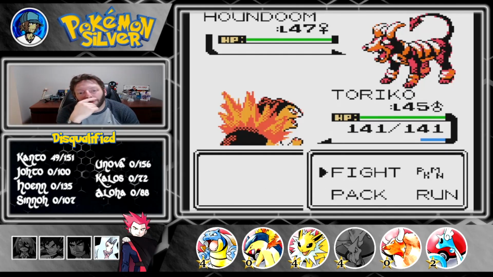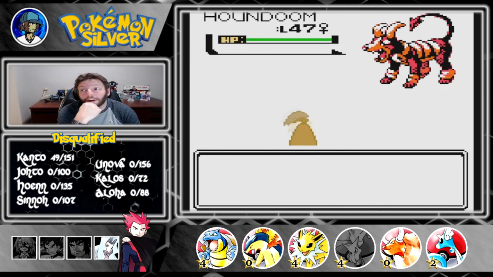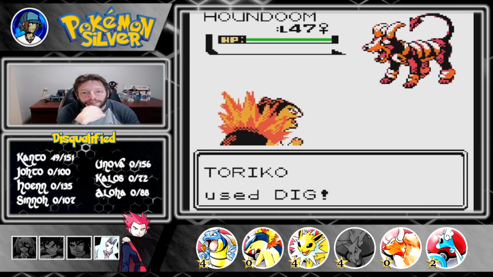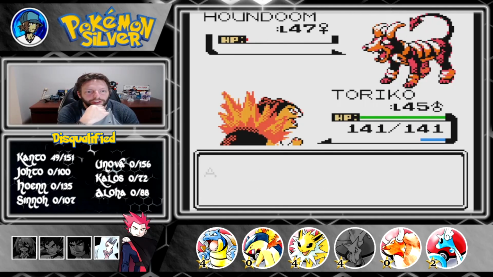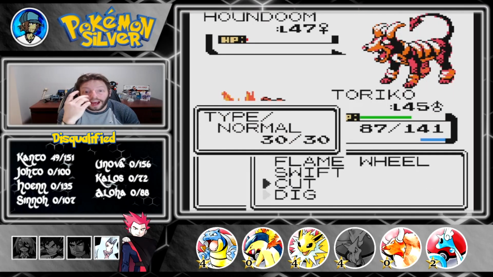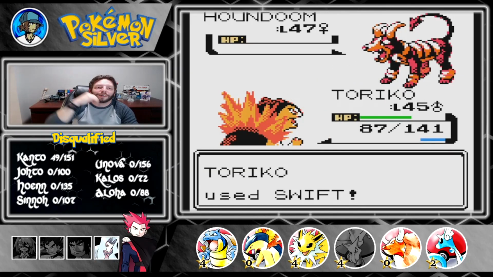Dig. Instead of going for the Surf, we're going for the ground. Yes, of course. Back then when it was 100, like it should be. 2-turn Earthquake. Ever since I think it was Gen 3, it switched to 60, and it's like, it's not even worth it. 2 turns to do 60 damage. Are you kidding me? It's only good if you literally have no other ground move, and that's your STAB, you know, like if you're a Sandslash. But then you just use Slash, you know, like...